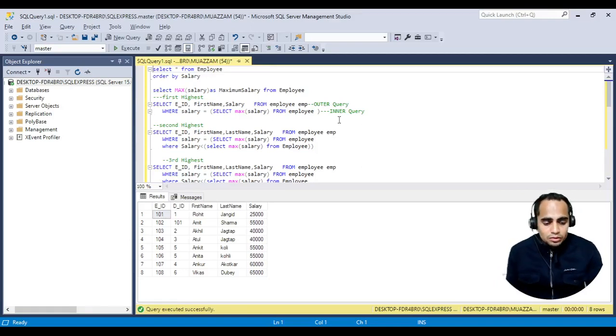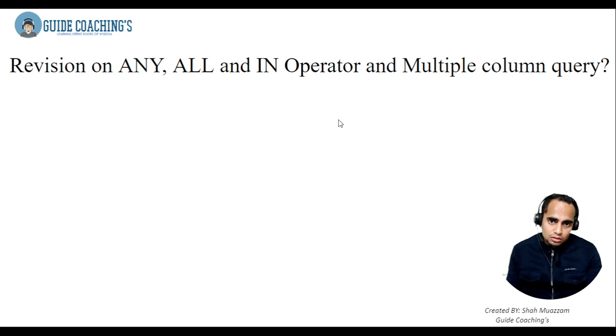My name is Moazzam Ali and today we are going to discuss the previous topic which we learned in our previous tutorial, that is the operators any, all, in. Then we will be discussing the multiple column query. So what are the any, all, and in operators? So they are basically